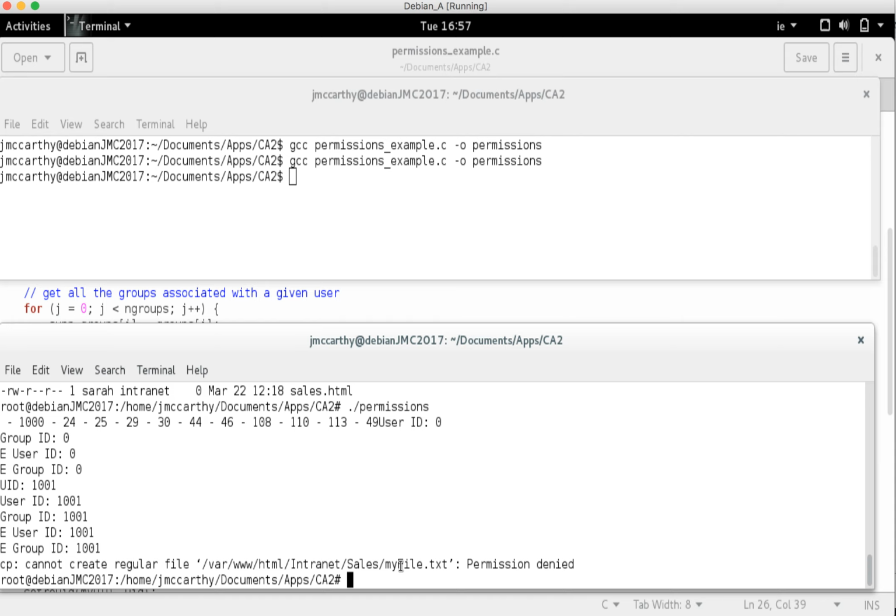And I don't want it to copy it because J. McCarthy shouldn't have access to the sales directory. So this is a task that J. McCarthy shouldn't be able to perform, okay? So that's blocked us off. So you can see here that these are the groups that J. McCarthy is linked with. So it's basically its own 1000 plus some of the basic system defaults, okay? Fine, but none of them are any of our folders in our intranet, okay? So absolutely fine. So that's showing us the basic operation of what we're after, and eventually when the program finishes